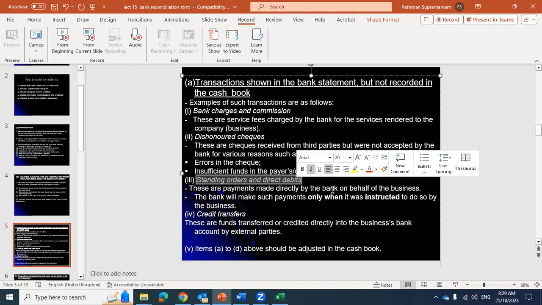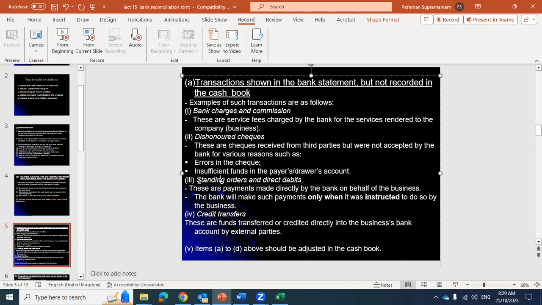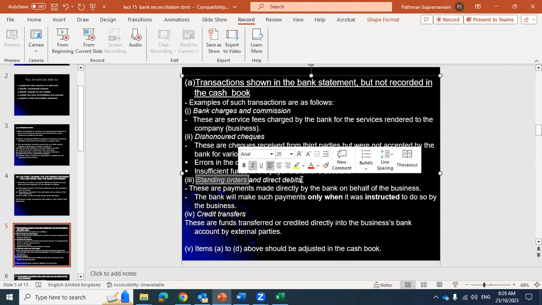The difference is that a standing order is where the bank deducts a fixed amount every month. Say, for example, the business owner bought a car on loan. So the installment is a fixed amount every month. So rather than paying the fixed amount every month, either by going to the bank or by performing the transaction in the computer,